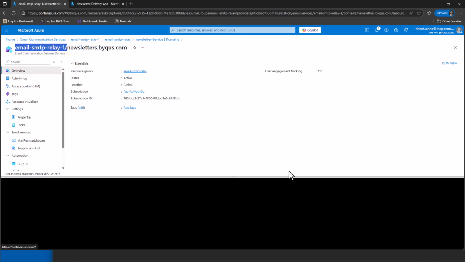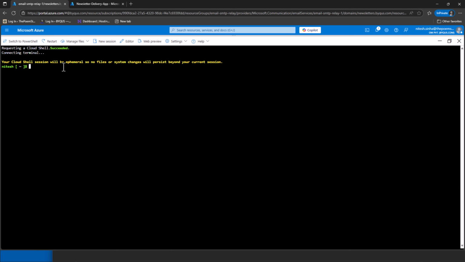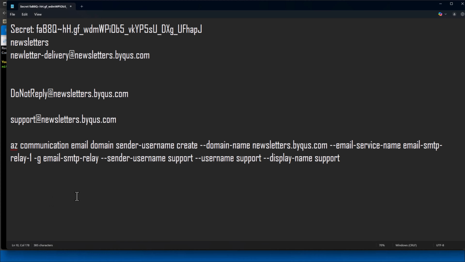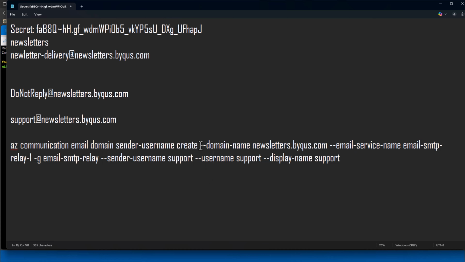So we will access the CLI. Let us expand this so it is now ready. And the command that we need to use is AZ communication email domain sender username create. The action is create. If we use delete, it will delete. So domain name